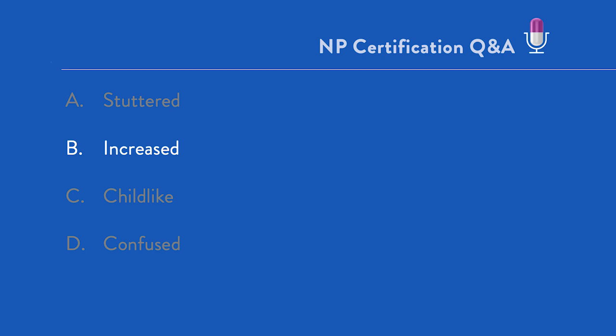So while there are a variety of reasons for pretty much any of the speech patterns described here, the best answer to this question from among the 4 answer choices provided is B, increased. Because in a patient with a manic or hypomanic episode, it would be very typical to observe that speech is pressurized, rapid, escalated, a louder tone, exaggerated prosody, and all of those are more consistent with increased than anything else that is offered here.